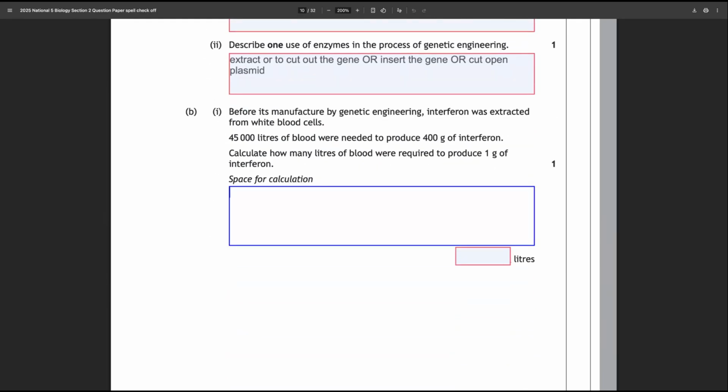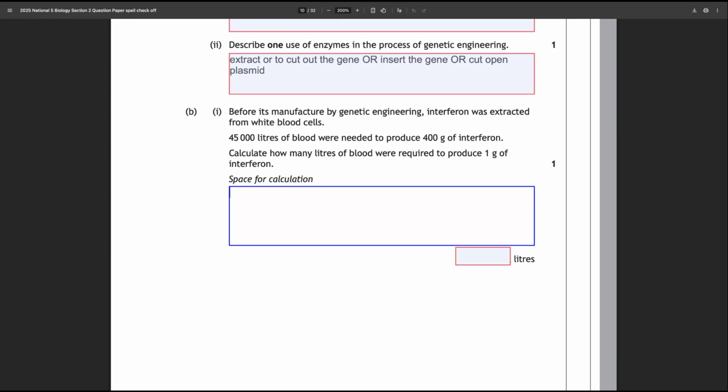B, part 1. Before it's manufactured by genetic engineering, interferon was extracted from white blood cells. 25,000 litres of blood were needed to produce 400 grams of interferon. Calculate how many litres of blood were required to produce 1 gram of interferon. Okay, so what we're going to do here is we know how many litres of blood are needed for 400 grams of interferon, but we want to know how many would be needed for 1 gram of interferon. So we know the total grams of interferon for both here. So we simply say that